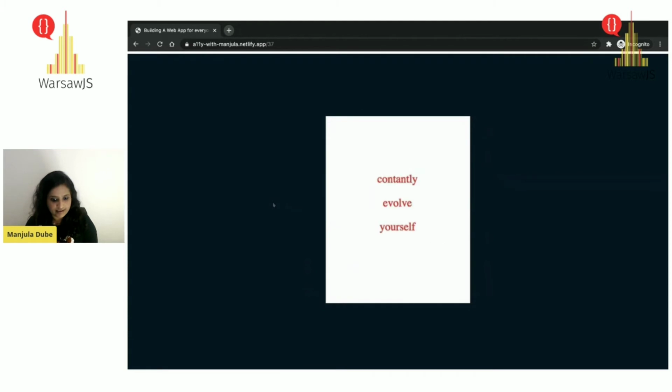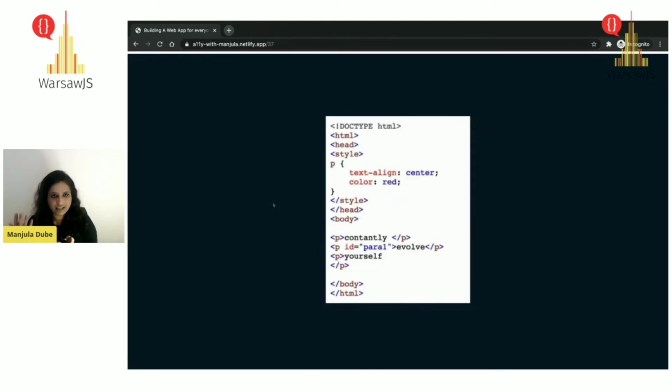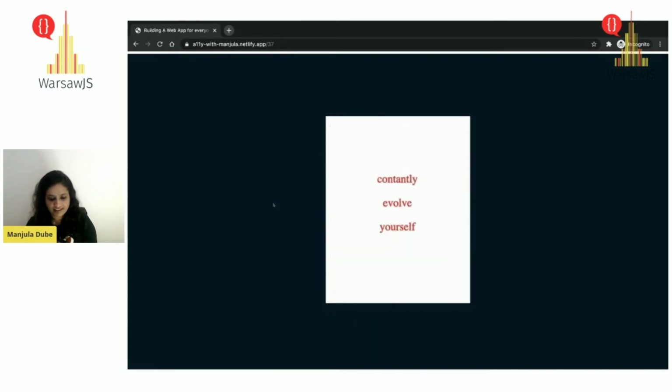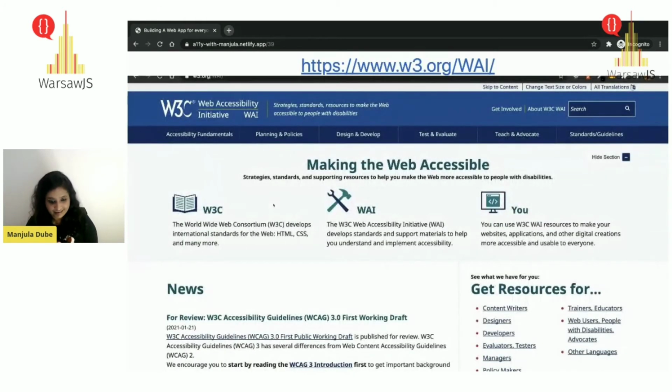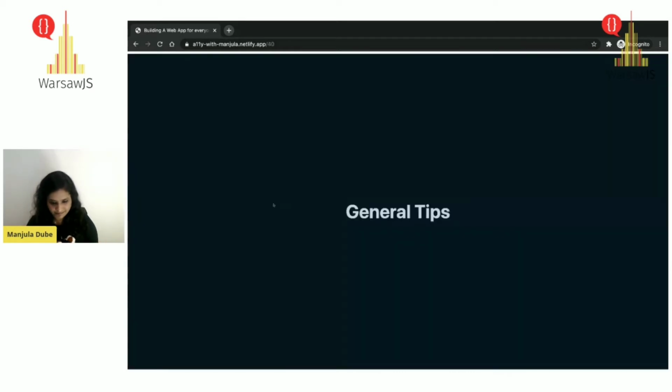And all of us started as front-end developers learning HTML. I mean, it's not rocket science, it's just writing it more semantically correct. So write semantic HTML from the start. Start following it right from the beginning while you're building it. And a very nice thing you can do is go to w3.org, and you will find all the techniques and all the compliance levels that you could see in your website and apply those to improve it. So it's not rocket science.